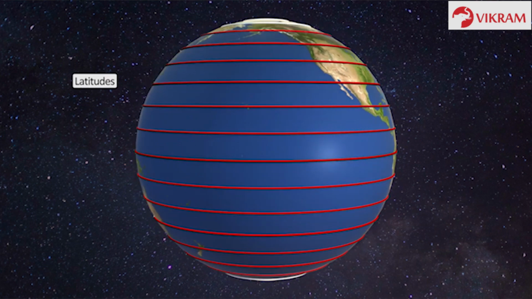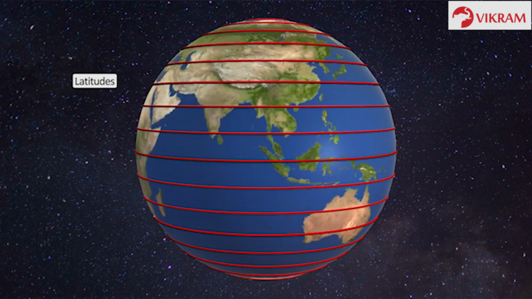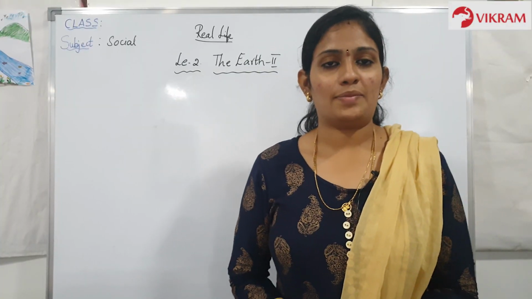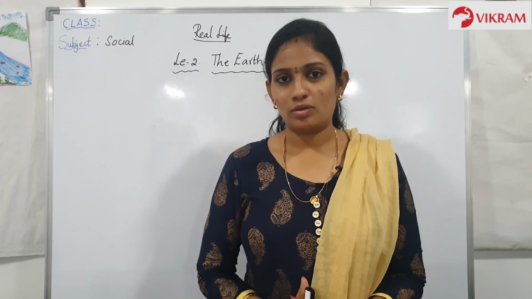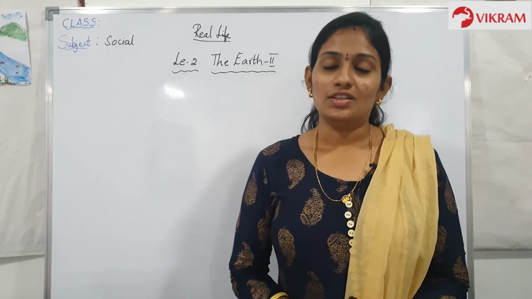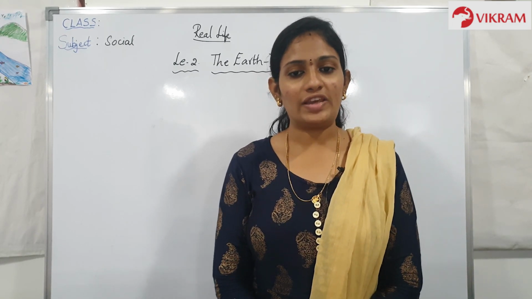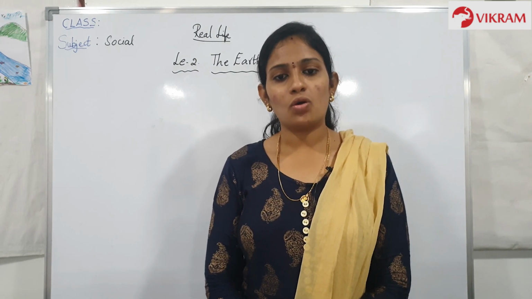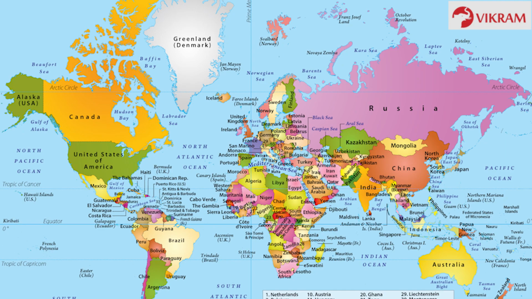Latitudes and longitudes help us in locating a place. Longitudes help us in calculating time also. Maps. Children, let us discuss a new interesting topic about maps. The globe has a curved surface all around. We cannot see some parts of the globe at a glance. So, the globe is represented on a flat surface called a map.